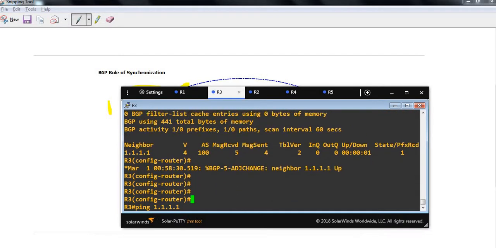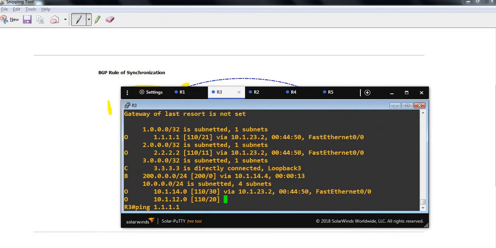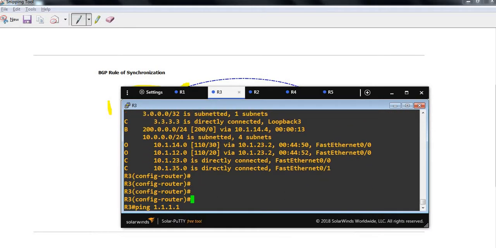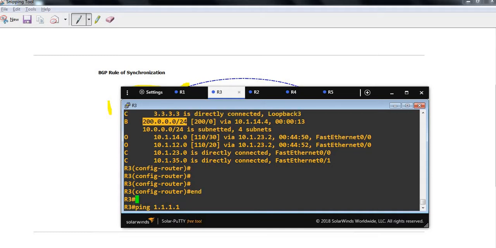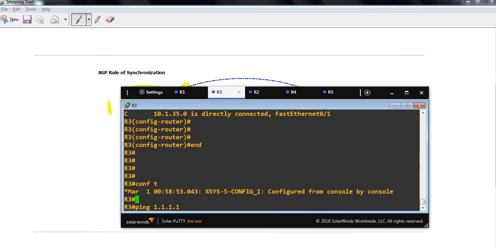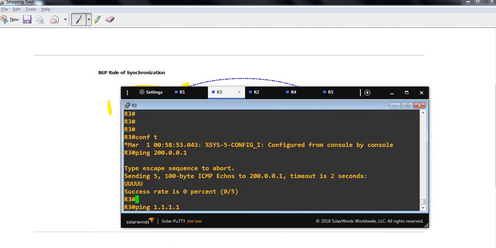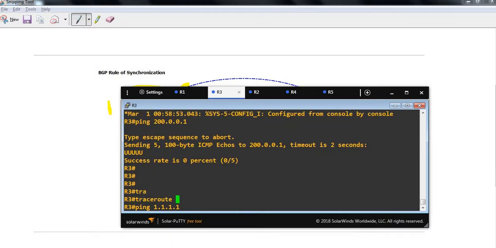Okay, that's it. So the BGP has come up here. You could see that one prefix is received. Do show ip bgp, show ip route. Let's quickly check the routing table here. This route 200.0.0.0 is learned and it's in the BGP table. However, if I do a ping